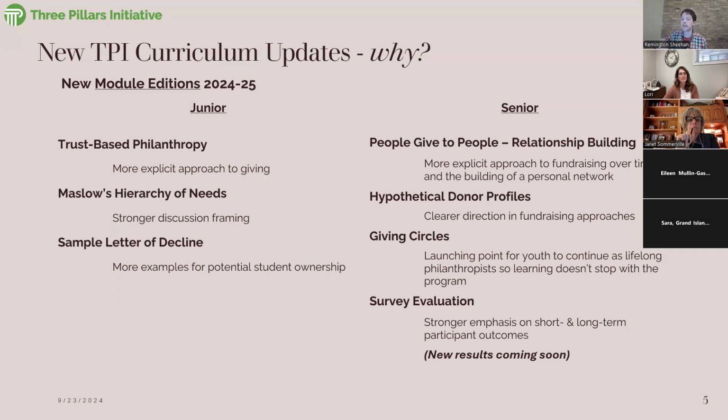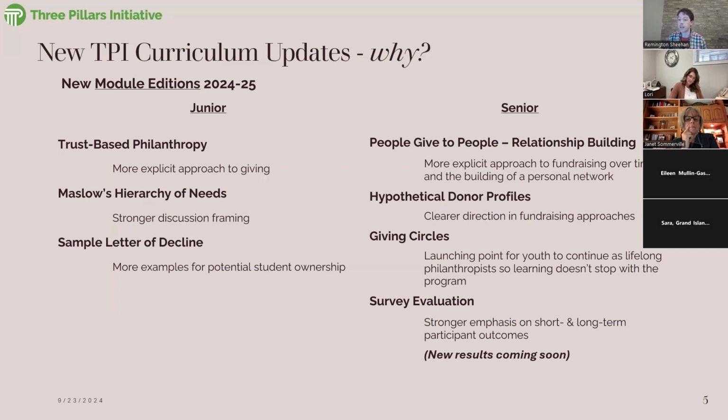Similarly, in the senior year program, there's the people-to-people relationship building, something that we've had in every curricula in the senior year. But what has changed is more of what we are saying about it and why it is included in general. Yes, we've had appeal letters every single year, but what the students can take away from the appeal letters is that they are building essentially a personal network. It is not just meant to be a list of random names that they and their parents can put together, but it's a little bit more helpful if they understand what this does in practice for them.